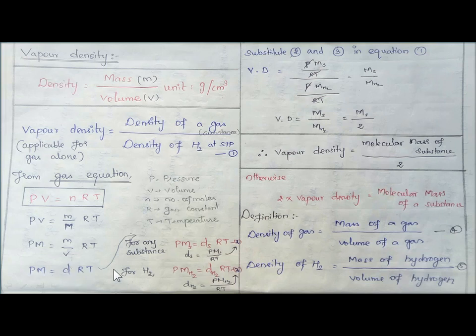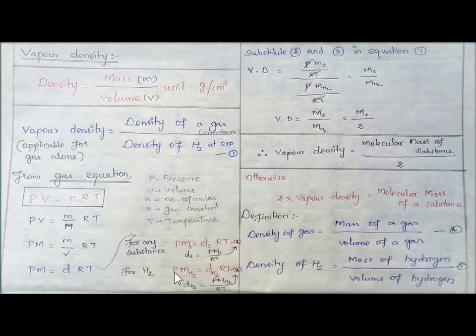So from this, what we have got as density, the ideal gas equation with density involved, we are going to use for our equation. Now for any substance, maybe a gas, we can write PM_S, S means it's a substance, remember. So PM_S is equal to d_S into RT. I'm going to describe this for a substance, that's all. The same relation I'm using for a substance.